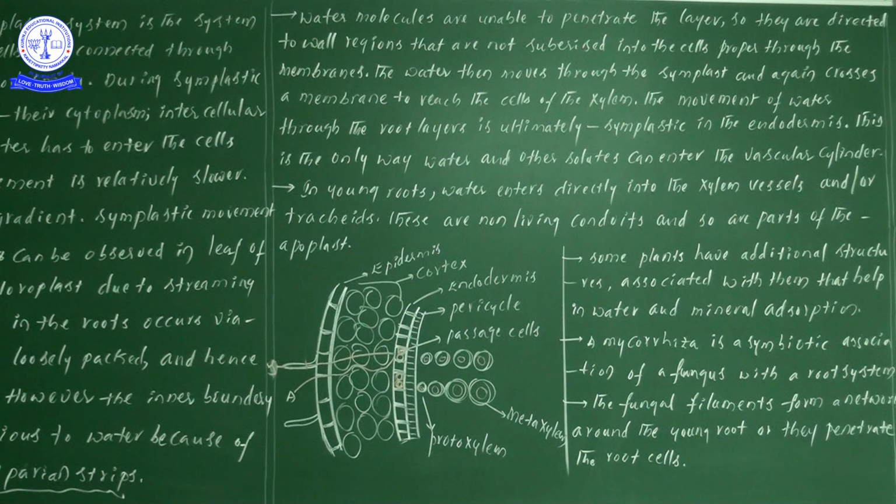The fungal members absorb the water, minerals, and especially phosphorus, phosphate molecules, mainly absorbed by the fungal filament and supplied to the plant. Later, the plant also gives support to the fungal member. That is why the plant also gives some food materials for the survival of the fungal member. What chemical molecules are supplied by the fungus, and what food materials are given by the plant, we will discuss in the next video.